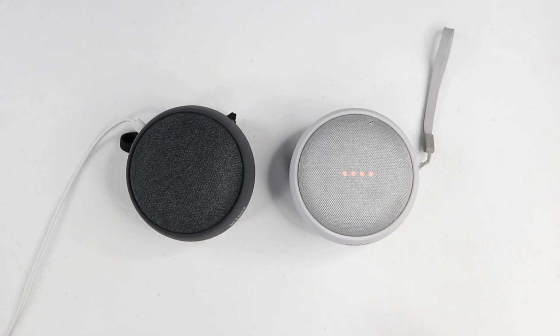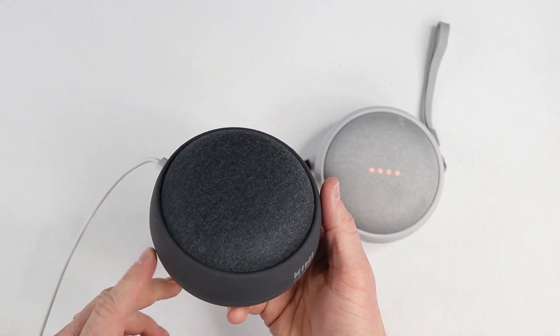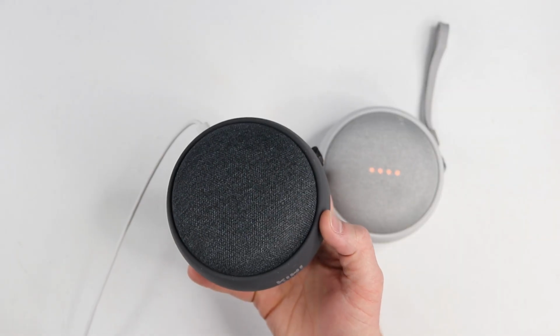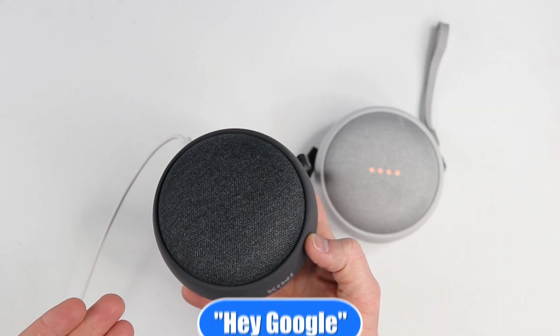Now, a big question you're going to have is what happens when I take this outside and away from the Wi-Fi, because you are restricted to the Wi-Fi area. So there are 2 solutions that I will give you so that you can use this away from your home. So first thing, if you use your phone and pair this as a Bluetooth speaker, all you need to do is say, "Hey Google,"